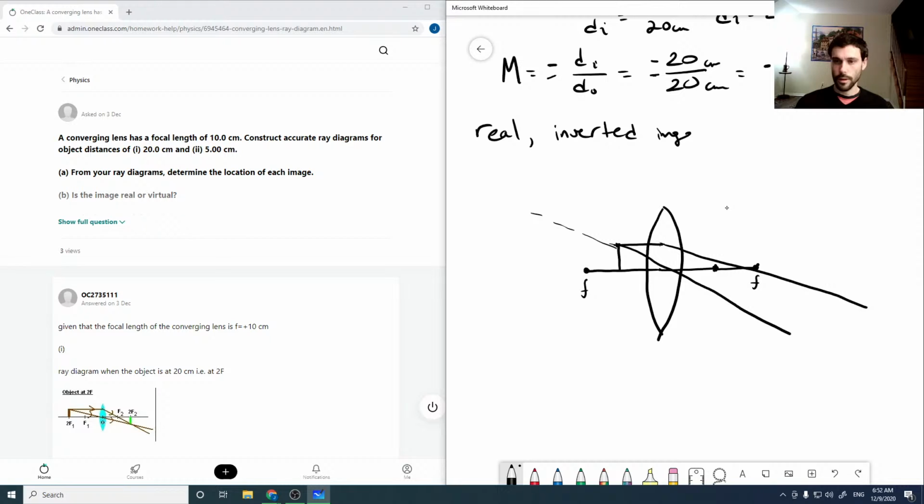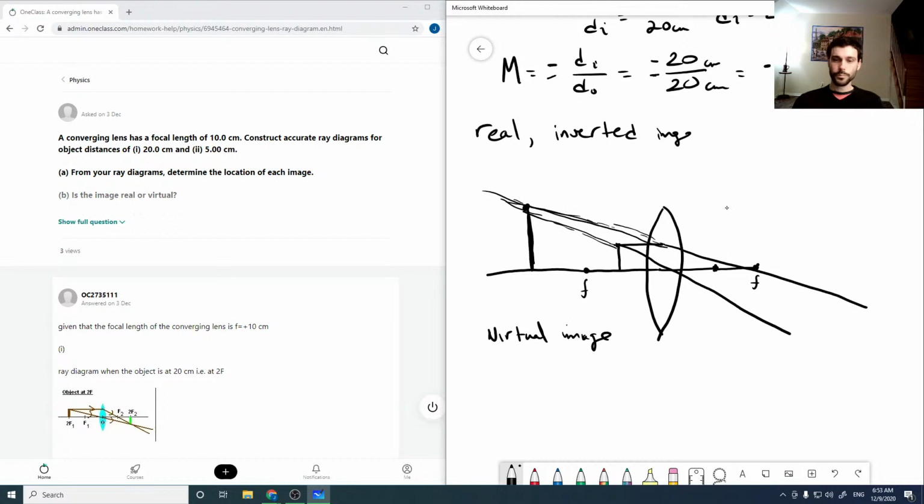And so then these two rays, this ray here needs to be back propagated, and this one here needs to be back propagated. And now I've got something that looks okay, but it's probably a little magnified, I think. But that's where it's going to sit, wherever the two rays converge in the back propagation. And so this is going to be a virtual image which is not inverted, and